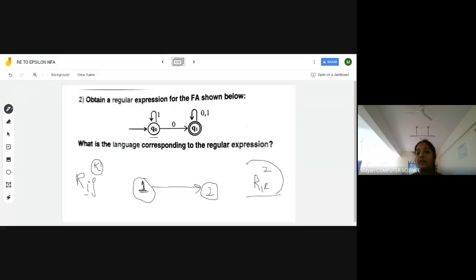You have to calculate this. What do you have to calculate? Don't take it as 0. Since it is Q naught, don't take it as 0. It has to be state number 1. It has to be state number 2. So what I have to calculate is i is 1, j is 2, total number of states is 2. So this is the term I have to calculate. So shall we write the formula here itself?